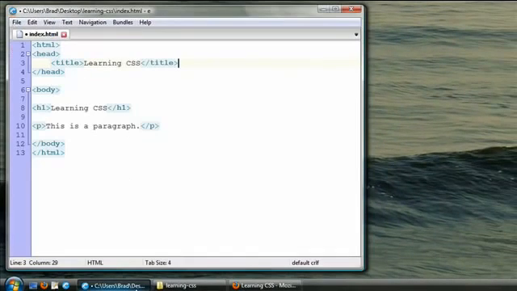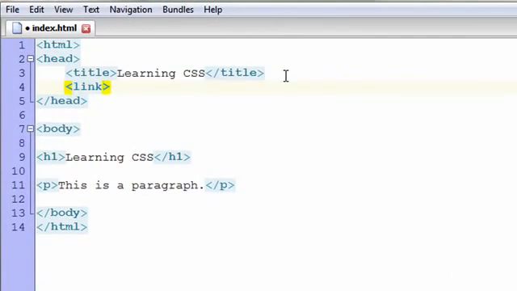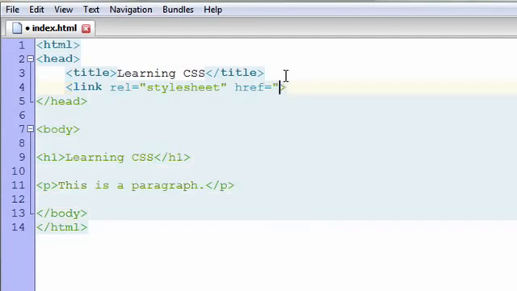So let's go ahead and add a new line of code in our head section, and let's link to an external style sheet. Let's dissect this code as we go. We're linking to a style sheet. It's located in the same folder as our HTML file, and it's going to be named style.css,